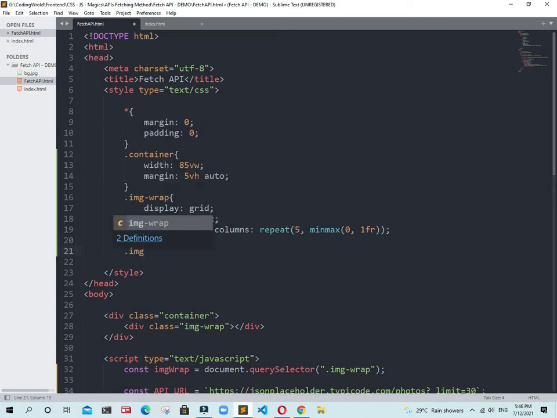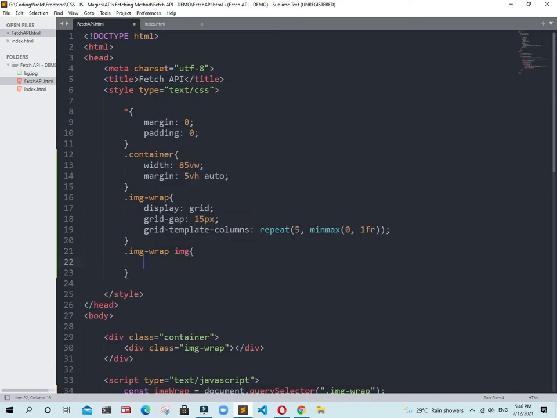Again we need to set some width and height on our images, which we already set up.